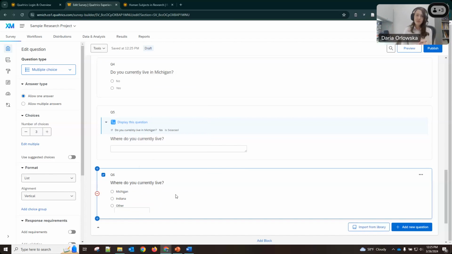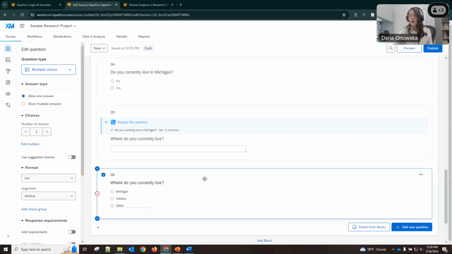This will be a free response text, and so you'll have to weigh the pros and cons. There will be more cleaning involved with free response, but it might give you more accurate information. You can do the same thing with gender questions or any sort of questions where you feel like there might be another option that a question that only allows for a binary might benefit from.